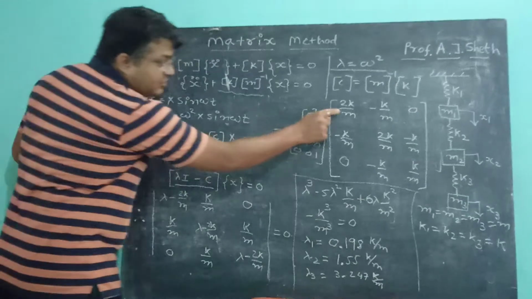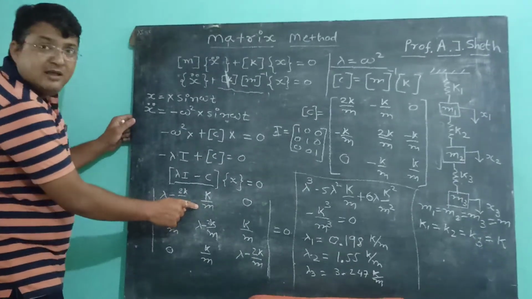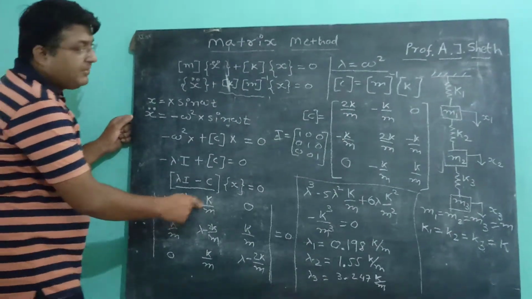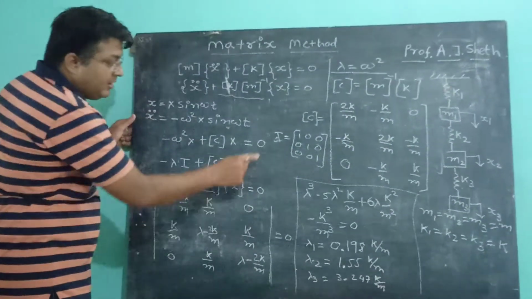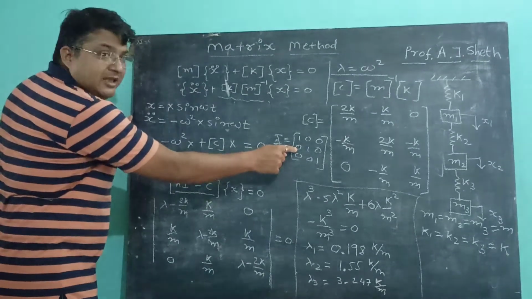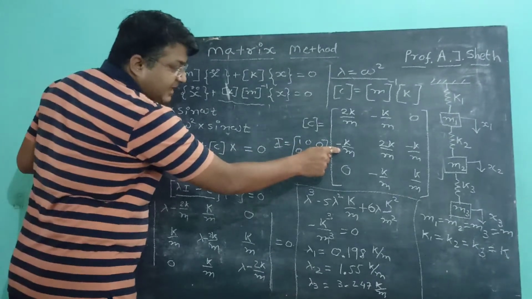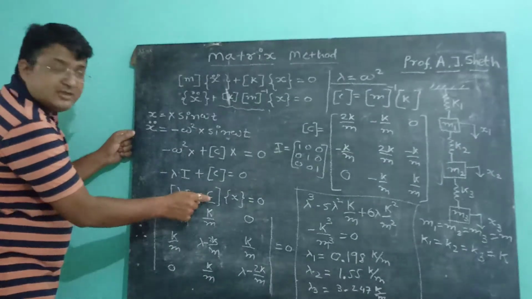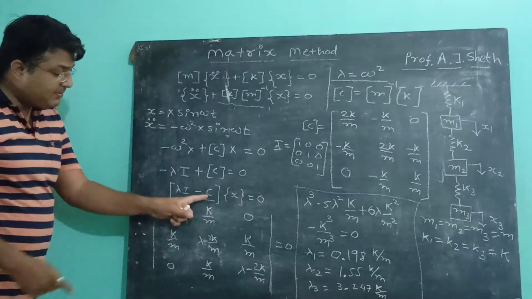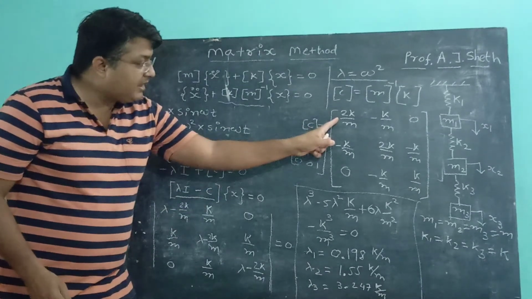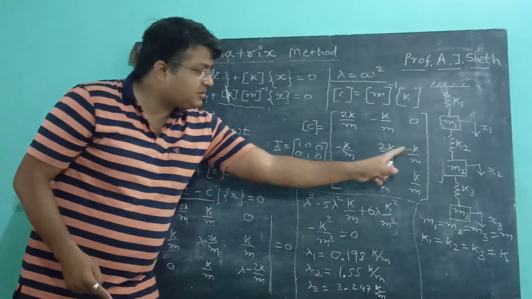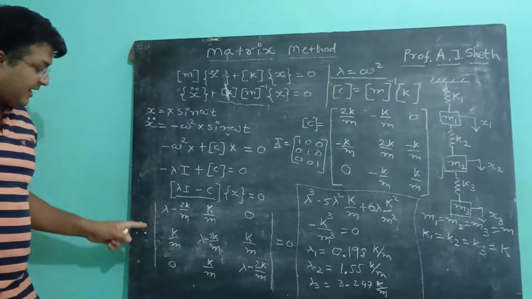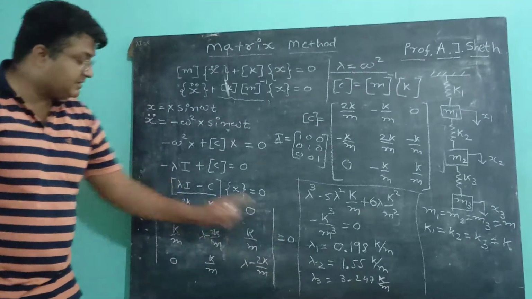So lambda minus 2k by m, then lambda minus k by m. So this will become plus 0, 0. Lambda here, it is lambda I, 0. So minus k by m. This is plus k by m. Lambda I minus c. We are doing minus c. This dynamic matrix is subtracted, so the signs will become minus, plus, plus, minus, plus, plus, minus. Accordingly we are having this final value, lambda I minus c.